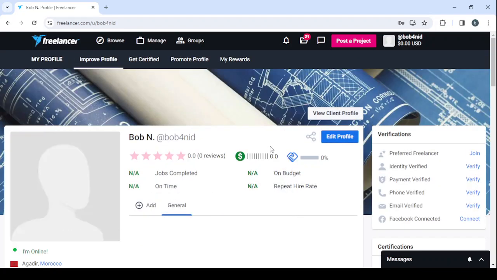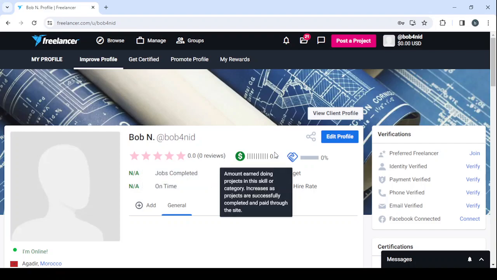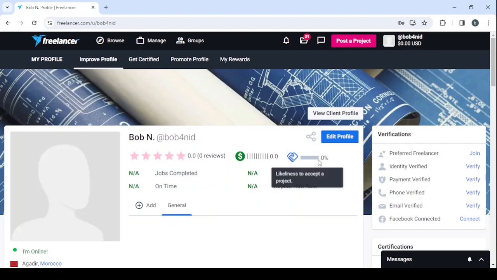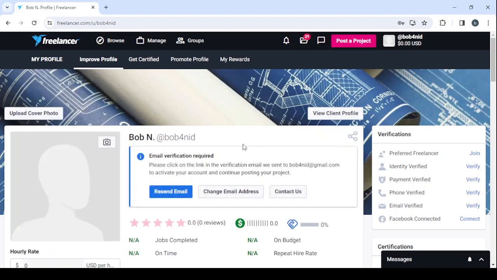And here in the profile, as you can see, our profile looks very empty. It's still fresh. As you can see, 0 reviews, 0 amount earned, 0% likeliness to accept a project, and we have 0 in everything. So let's start first by editing our profile. Let's click on editing here. And the first step you will need to go through is to verify your email. As you can see, email verification required. Then